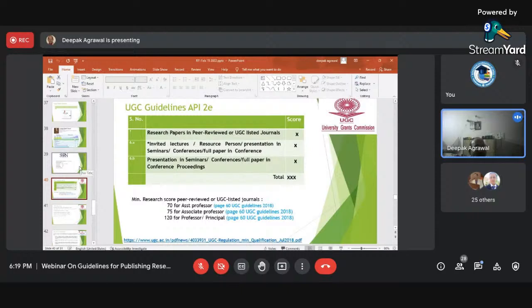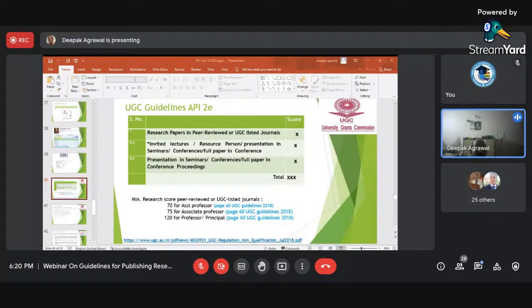For the long term, you should always try to focus upon. The next element, which we have discussed and which has been mandated by the authorities, as per the AICTE or the UGC guidelines, is that we need to get our paper published. It is highly recommended that research papers be published in peer-reviewed or UGC-listed journals. Presently, they talk only about the UGC CARE journals, maybe Group A or Group B, and this will be used for calculating the overall score.